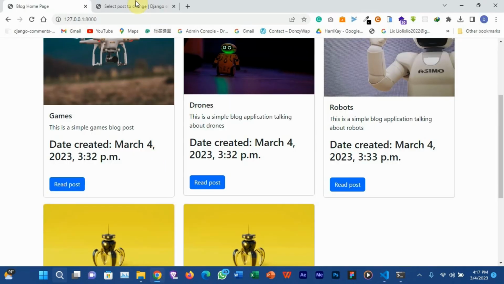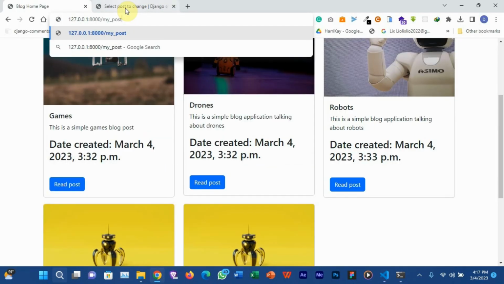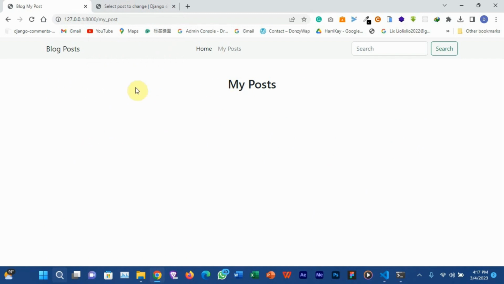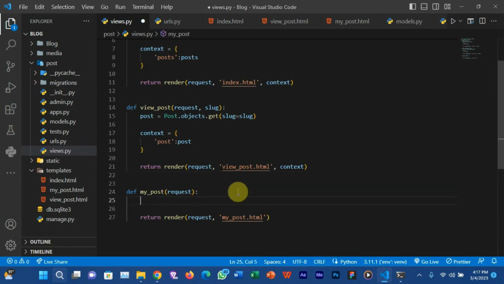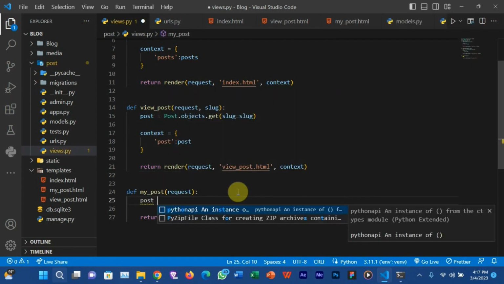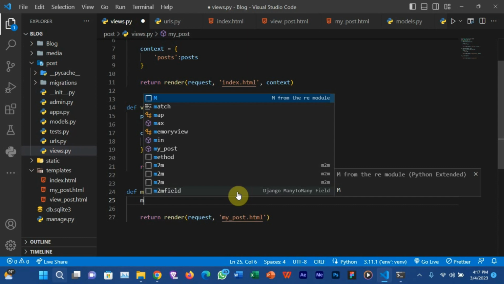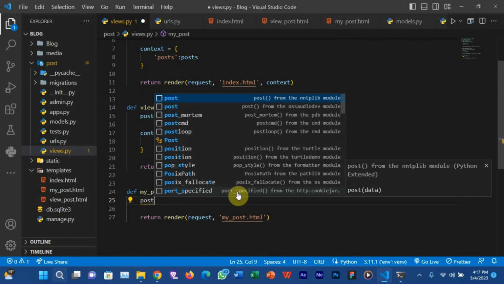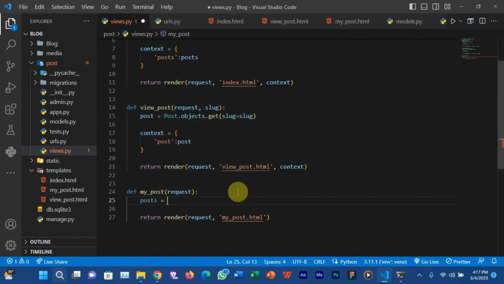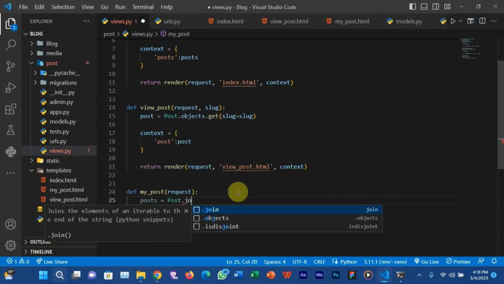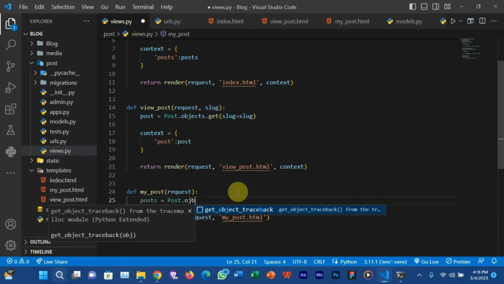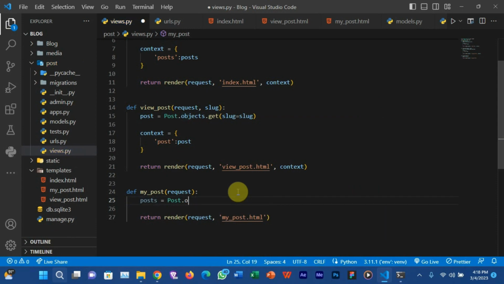Now if you go back to your browser and do my post, you don't have anything passed here at the moment. So let's pass in the post. Post is equal to the Post class.objects.filter.